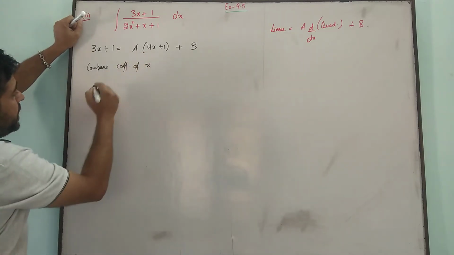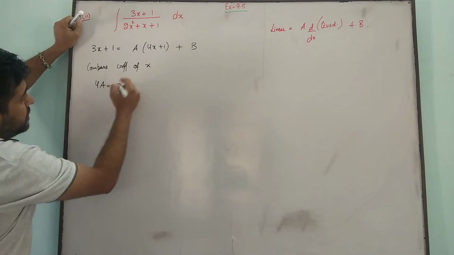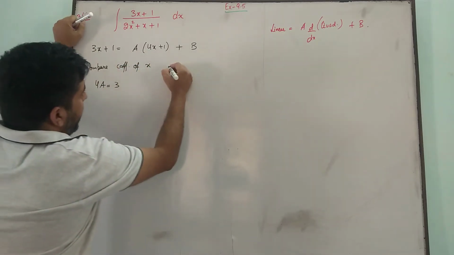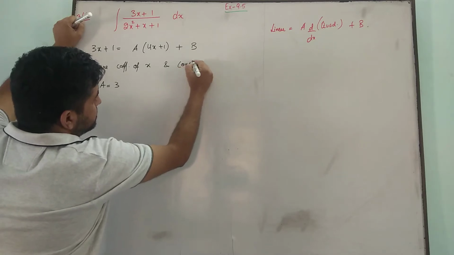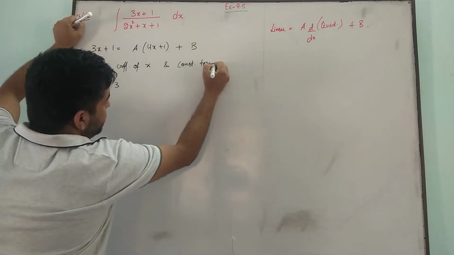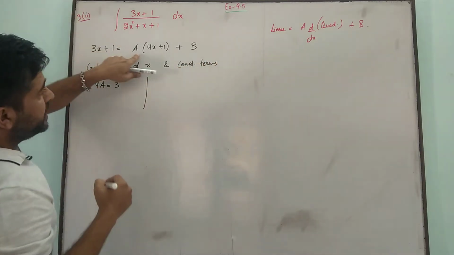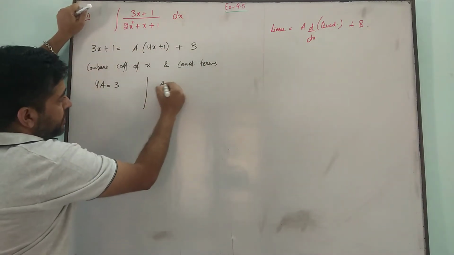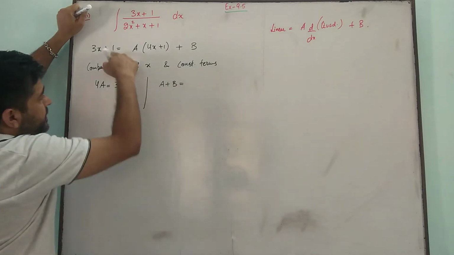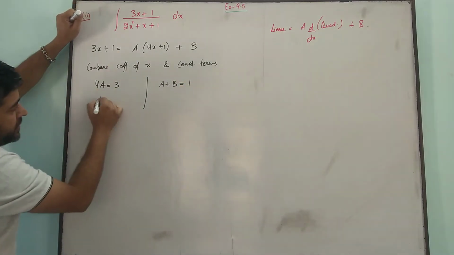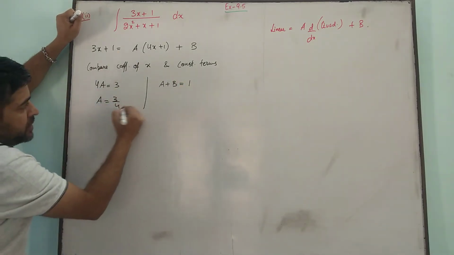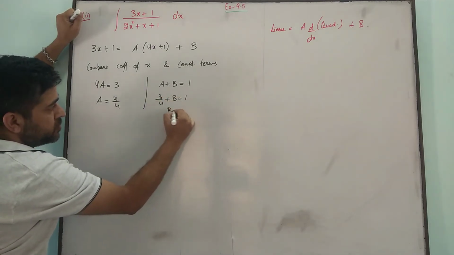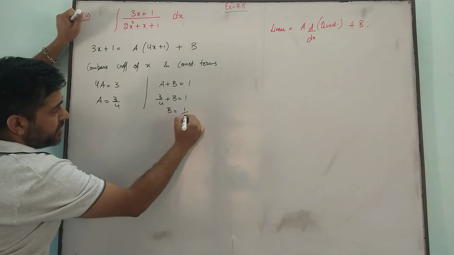That is 4a is equal to 3, and then the constant terms. Constant terms here is a into 1 plus b, and on this side it is 1. So we got a is equal to 3 by 4. If a is 3 by 4, then we got b is equal to 1 minus 3 by 4, that is